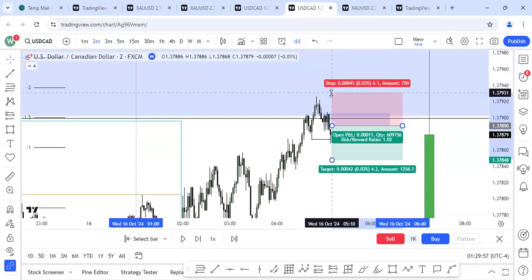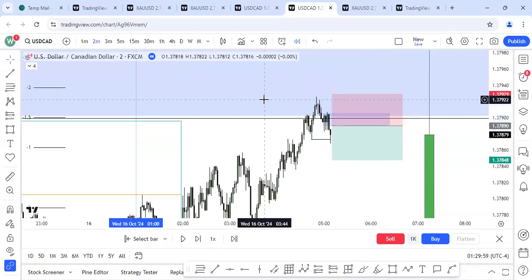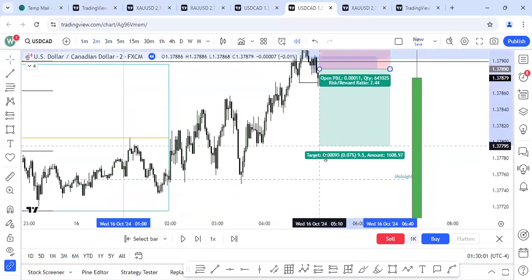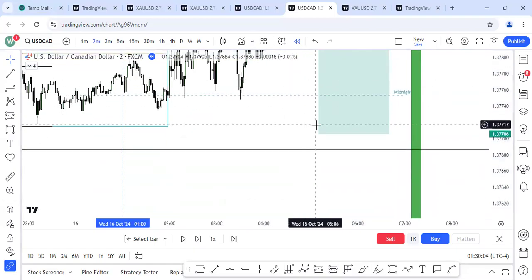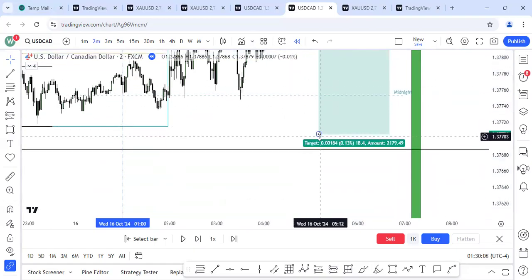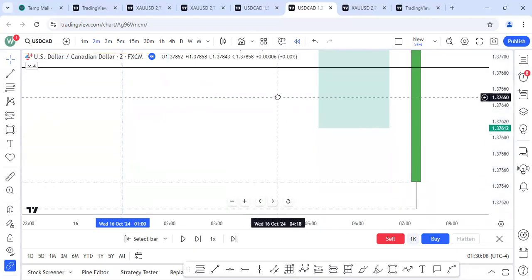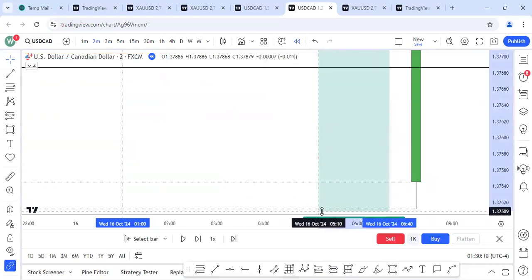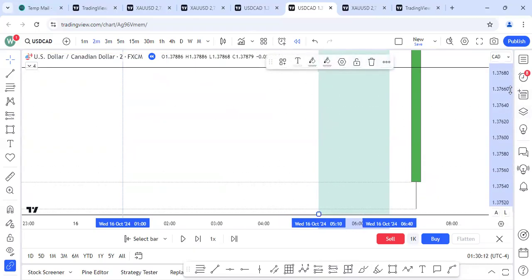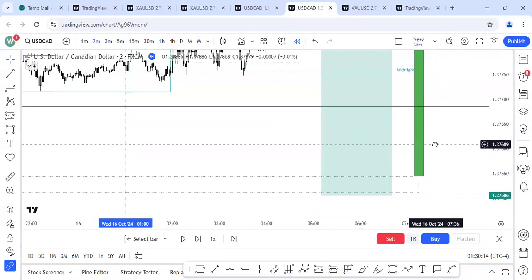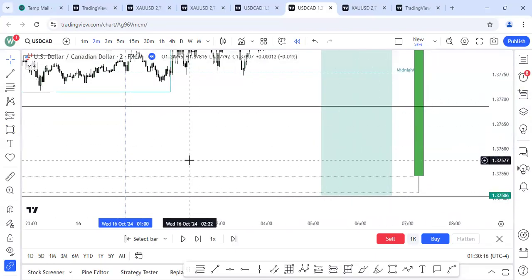Okay, stop loss around this zone, and then I went to take the Monday low. Okay, to take the Monday low